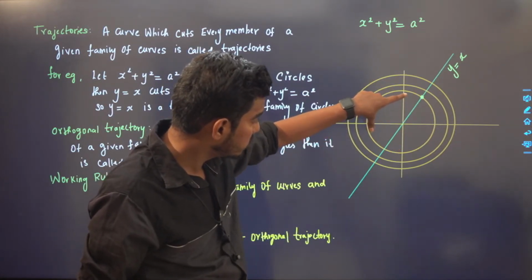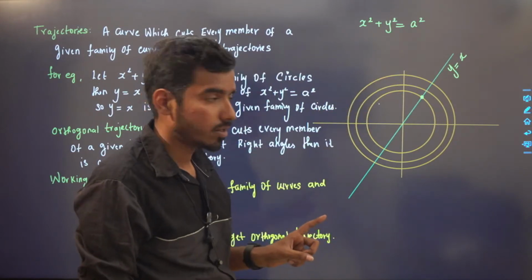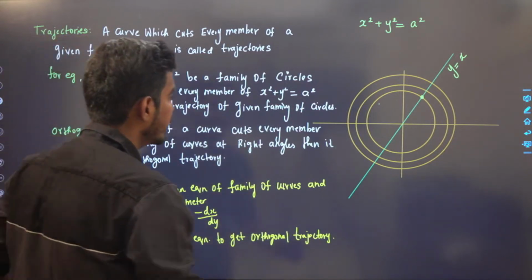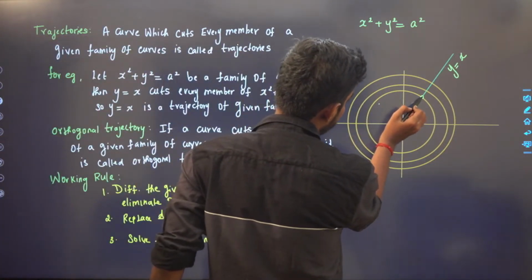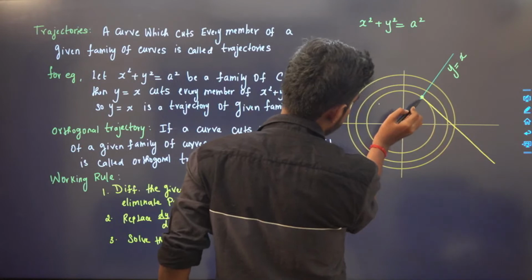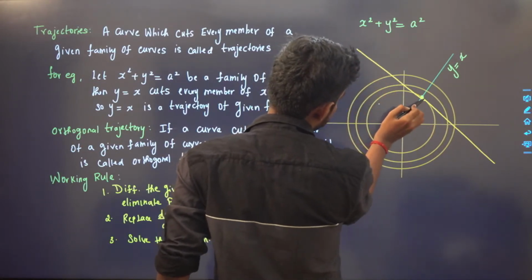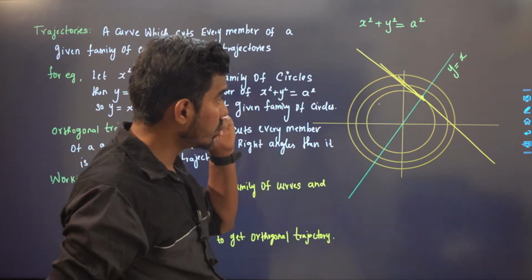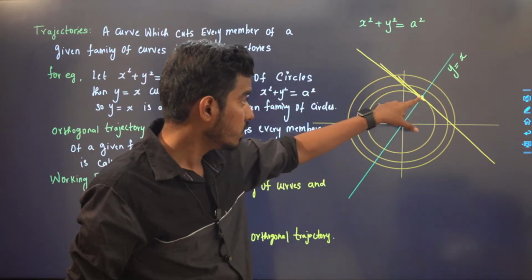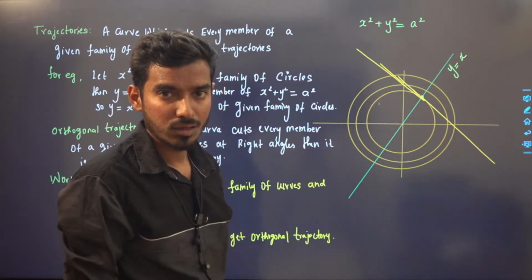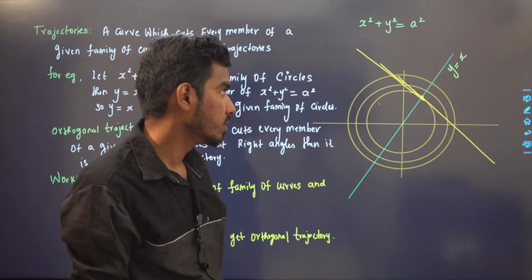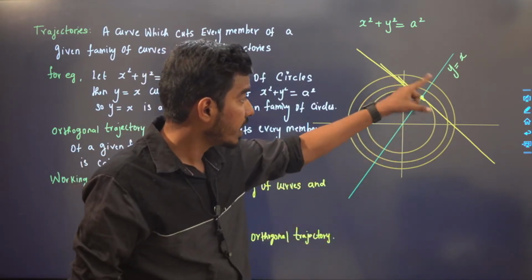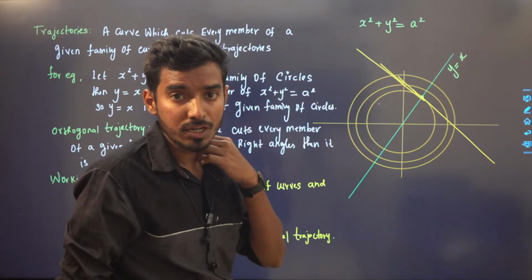for this circle and this line, right? For example, what will be the tangent line for this curve at this point? This is a tangent line. Now you have to draw the tangent line for y is equal to x at this point. So the angle between the two tangents is called the angle between the two curves at that point,